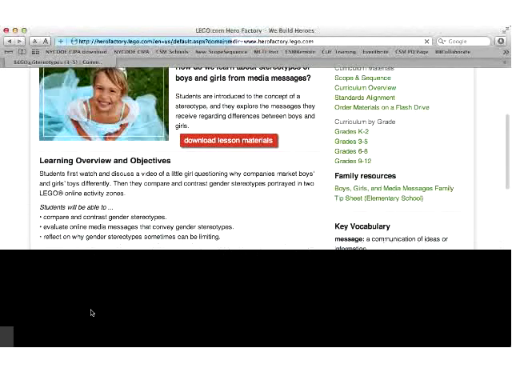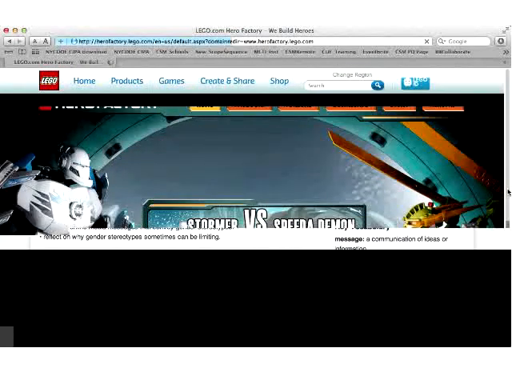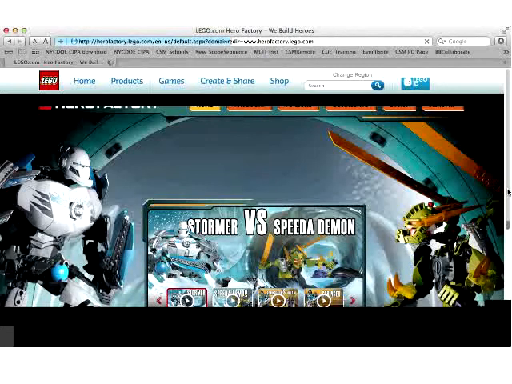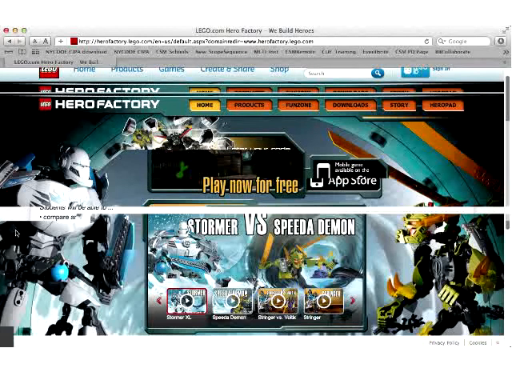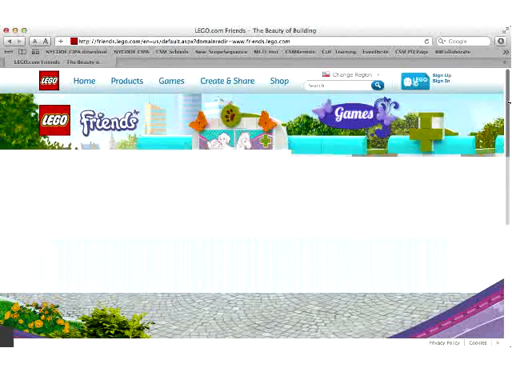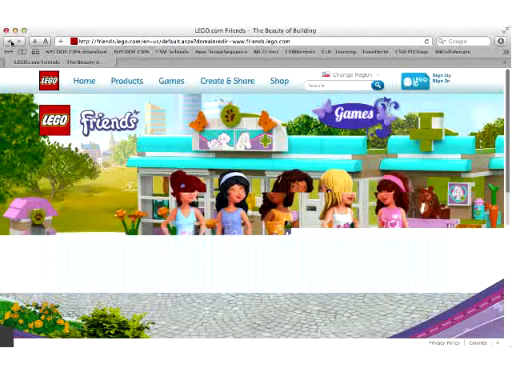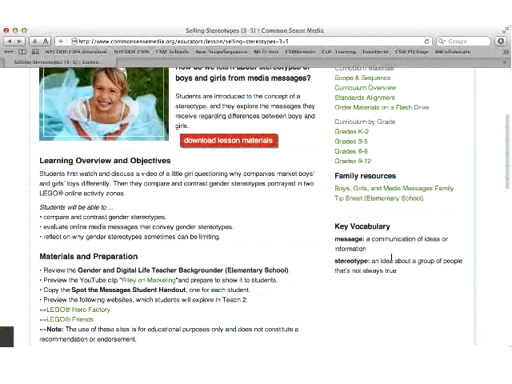And so here are the websites that they're comparing. Lego has actually divided their website for kids into two different sites, one basically for girls and one for boys. Kids would be looking at Hero Factory, and they would also be looking at Lego Friends. So obviously this is the Lego site targeting girls. But you don't want to go into the lesson telling kids that. You're just having them explore and provide evidence based on what they think would be more for boys and for